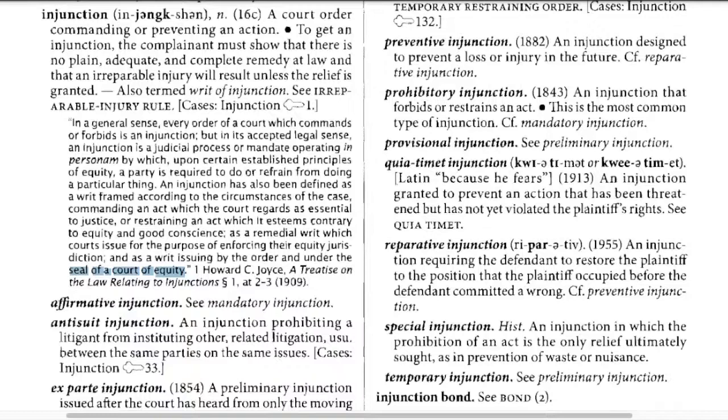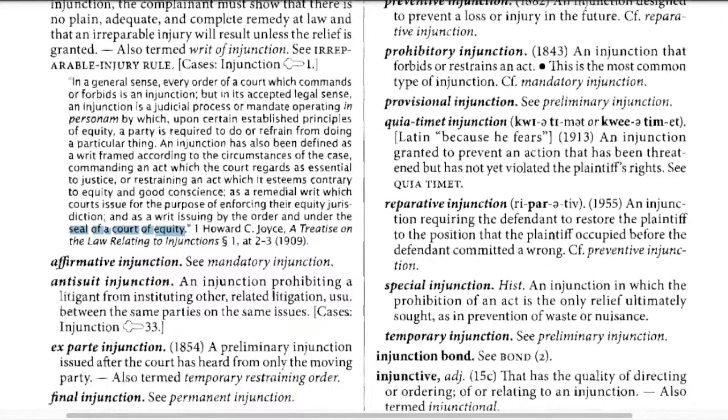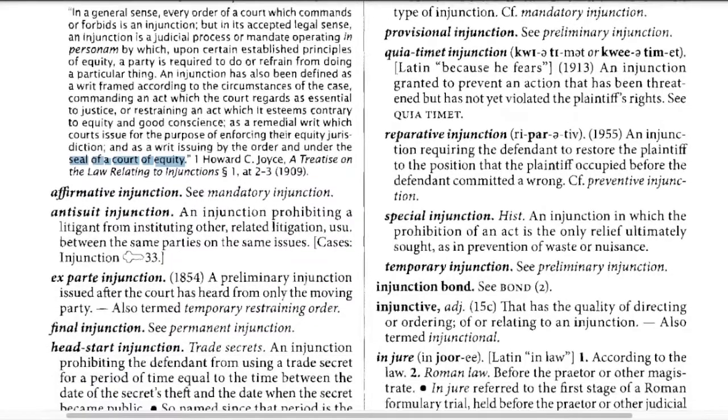And that comes from A Treatise on the Law Relating to Injunctions, 1909. So while we're here, let's look at some of these kinds of injunctions now. Affirmative injunction, which is also a mandatory injunction. That sounds powerful. Anti-suit injunction: an injunction prohibiting a litigant from instituting other related litigation, usually between the same parties